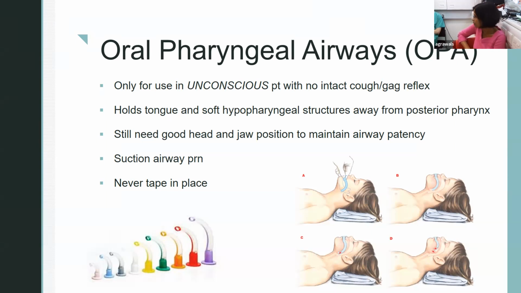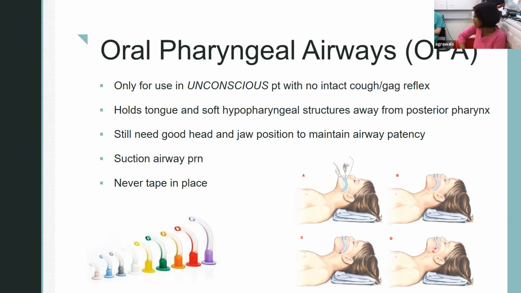Could cause vomiting, which could make it harder for us to intubate and lead to aspiration. So not for children who are conscious. And it helps by holding the tongue and the soft hypopharyngeal structure away from the posterior pharynx. And then the sizing of it, both the oral and the nasopharyngeal airway, is extremely crucial,